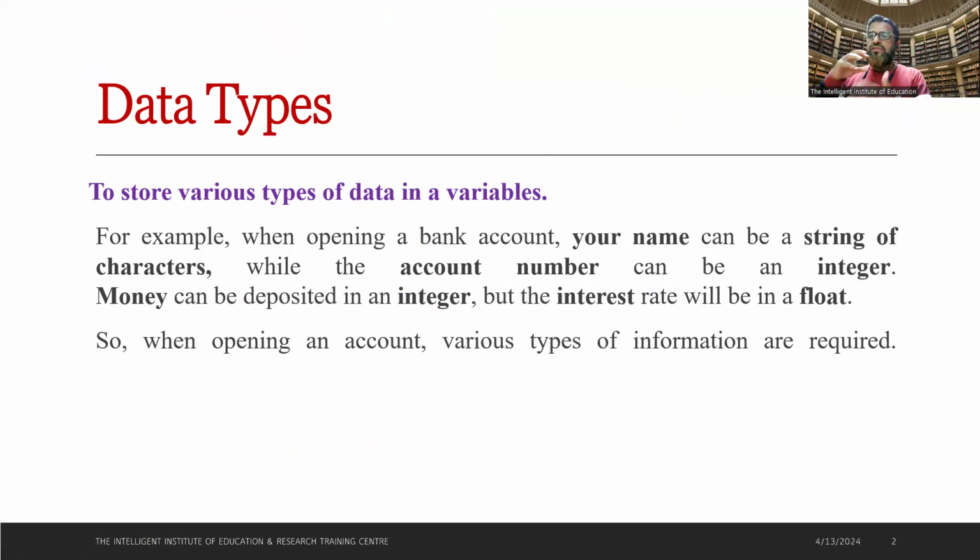While you are going to deposit an amount in the bank, your amount will be an integer. After some time, maybe 6 months or 1 year, you will get interest on this amount